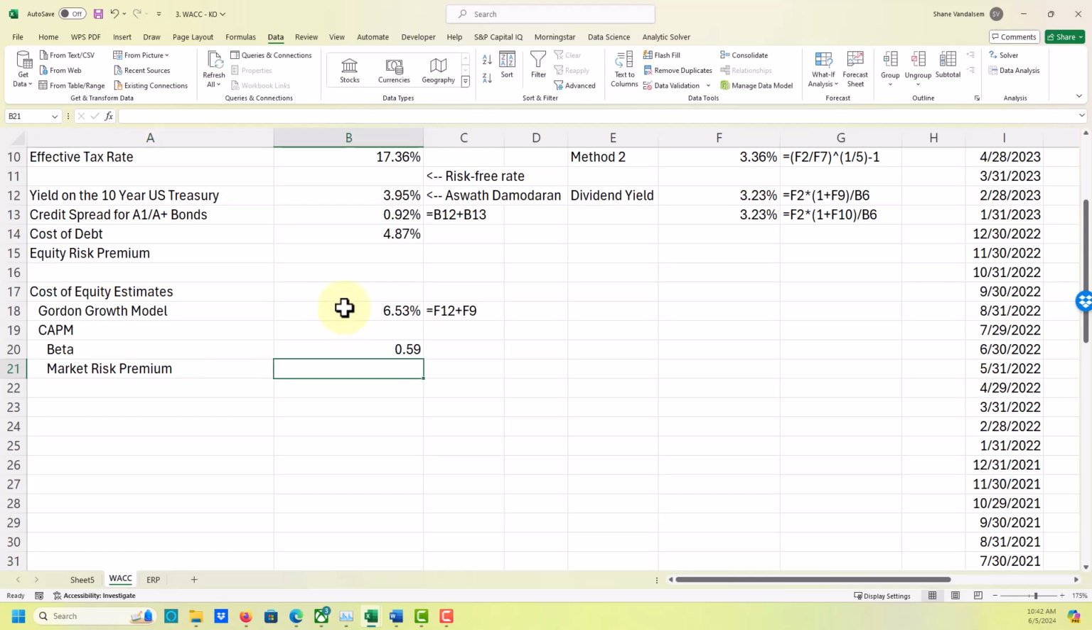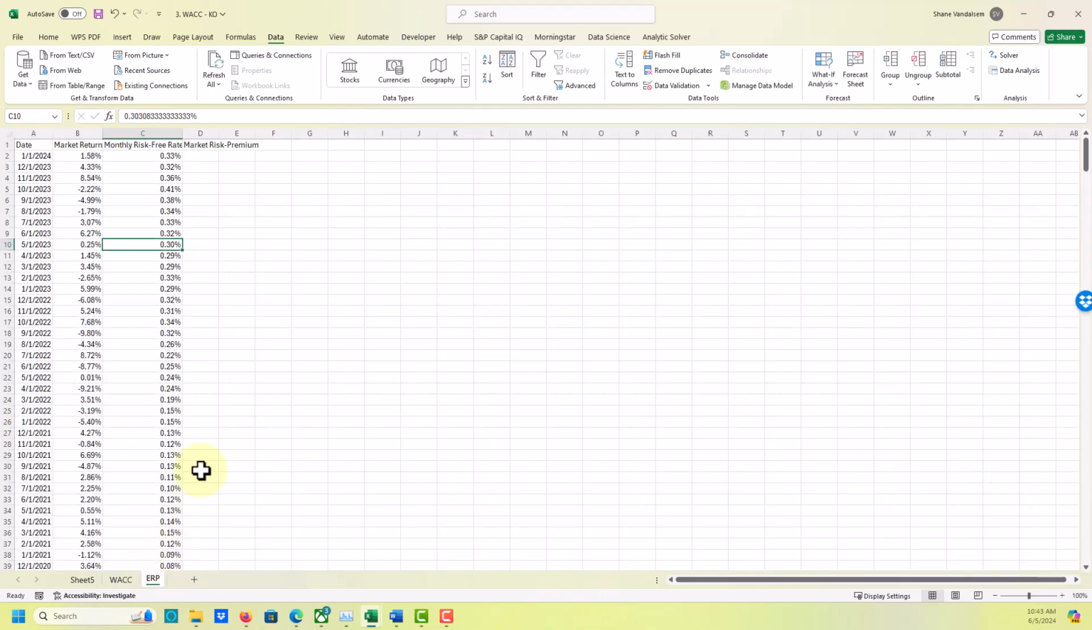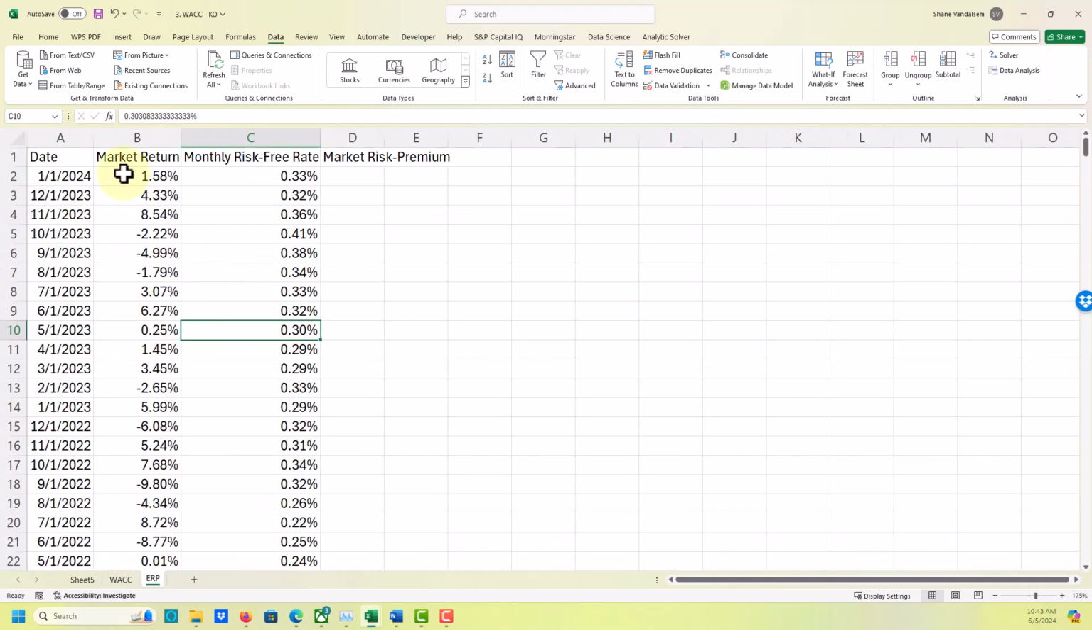So let's go out here, or the equity risk premium, sorry. You can, it goes by both names. I'll use equity risk premium for our example here today. So let's go out here to this spreadsheet, ERP. What I've done is I've downloaded the returns for the market, and that's the S&P 500, and the risk-free rate,